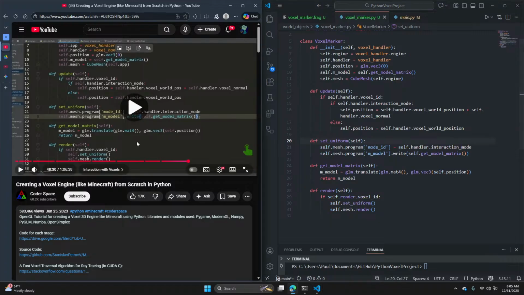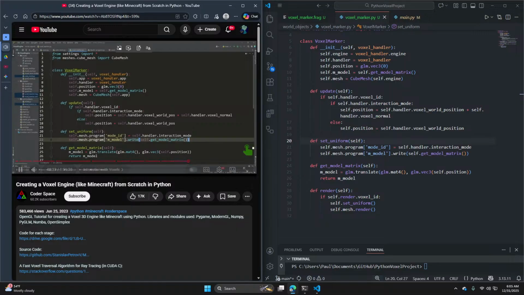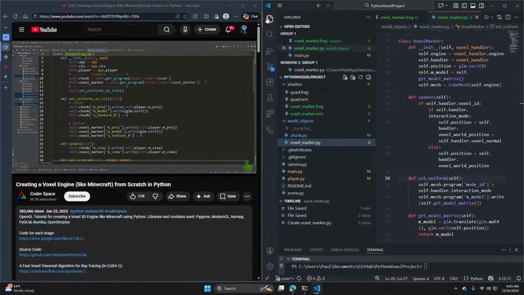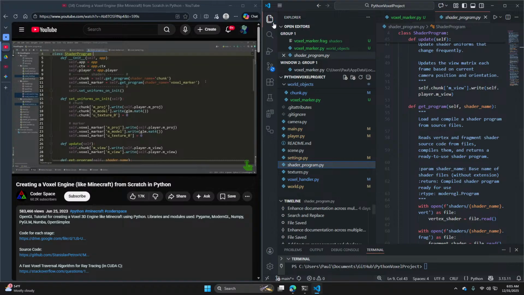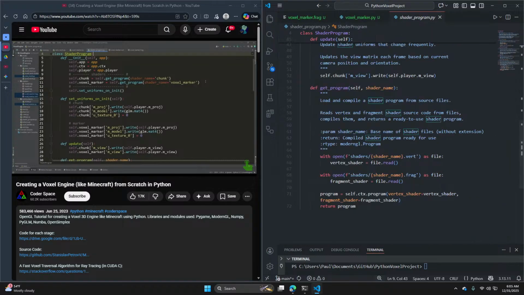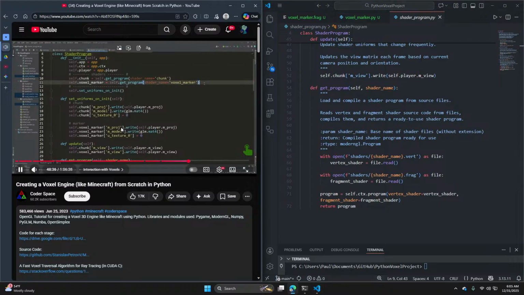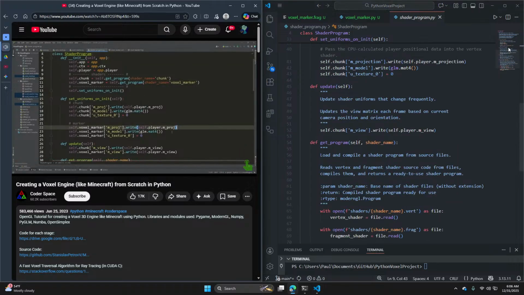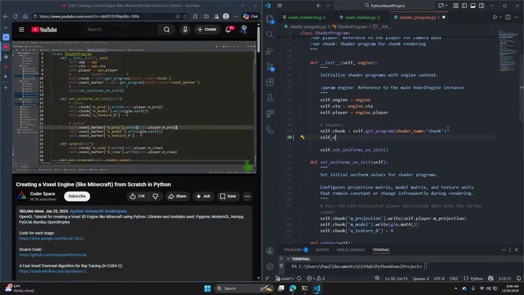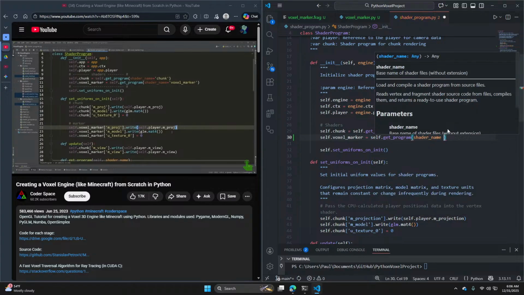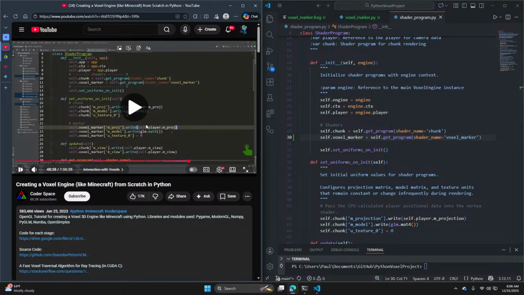That makes a lot of sense. In the shader program class, we load the vertex and fragment shaders, and set the same uniforms as for the chunk.